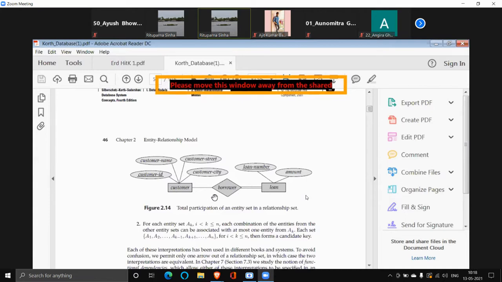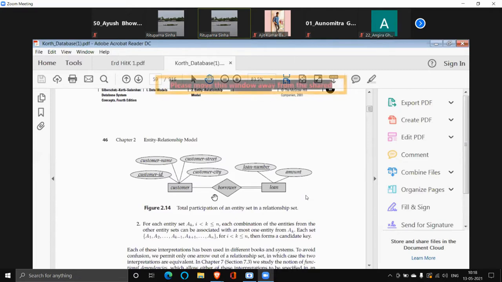Partial participation means each individual customer may or may not be associated with a loan. So it is partial. Everybody did not participate in that association.